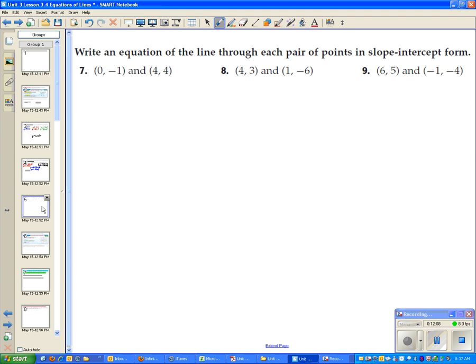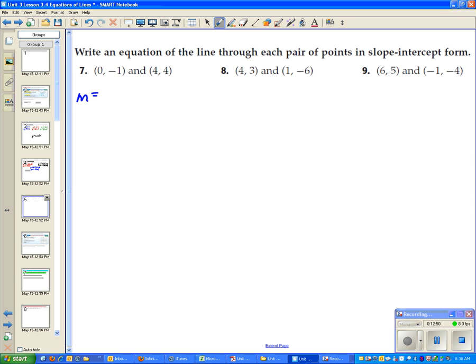All right. Number 7. Write an equation of the line through each pair of points in slope-intercept form. So now we've got to put our answer back to slope-intercept form. That's the y equals mx plus b. And they're not giving us the m and the b, are they? We've got to have the m. No matter which form we're going to use, we must know the slope. So whenever they do not tell you the slope, the very first thing you do is find the slope. Okay? So for number 7,